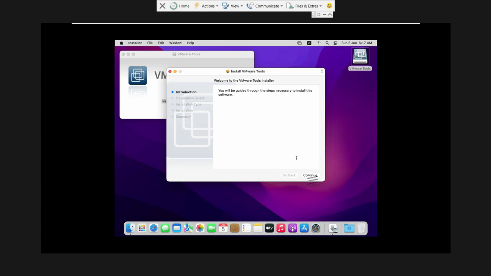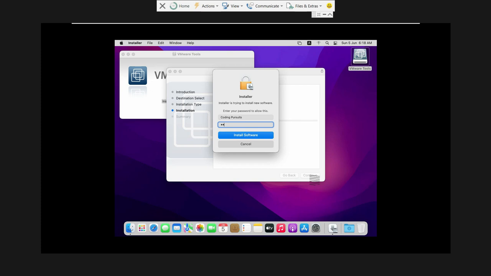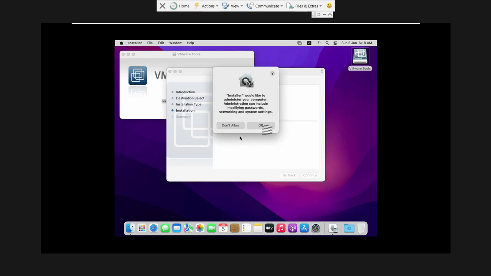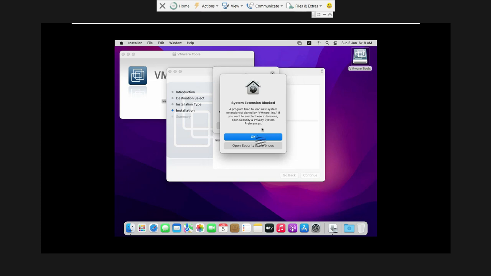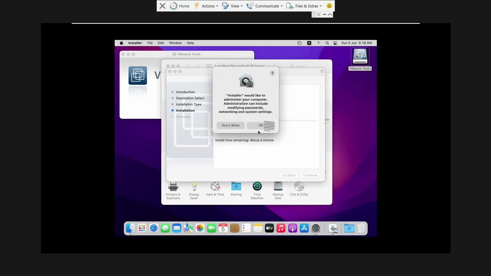And from here click on continue button, and press install button. So we have to provide the password of our system again, 123456, and click on install software. So it is saying installer would like to administrate your computer. Click OK. And from here we are seeing the notification system extension blocked. Some extensions are being blocked in our VM. So simply open the security preferences right below the OK button. Click on it and